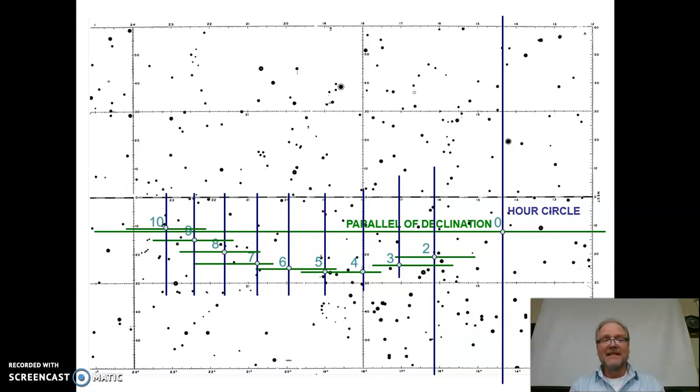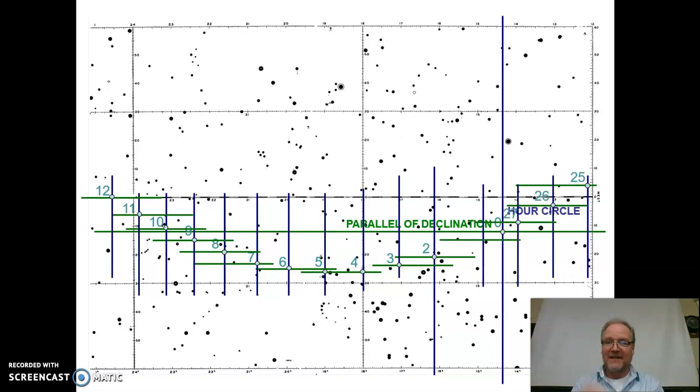Okay. You're going to run out of real estate here in another data point or two. You'll get day 11 and day 12, almost right on the celestial equator itself. Then you have to go to the other sky chart for day 13. So expect that. But you will come back to this page. And you'll eventually get back to the right-hand side of this page when you get to day 25. There's day 26, 27, 28. And I pause at day 28 on purpose